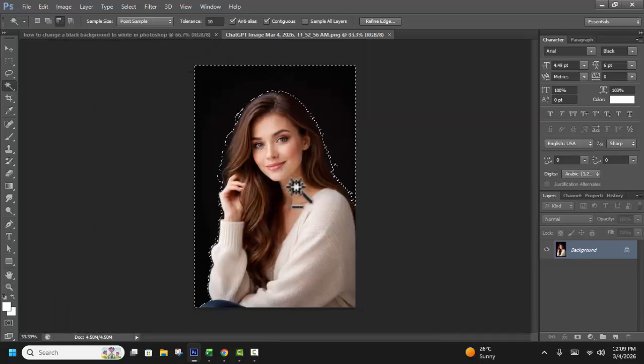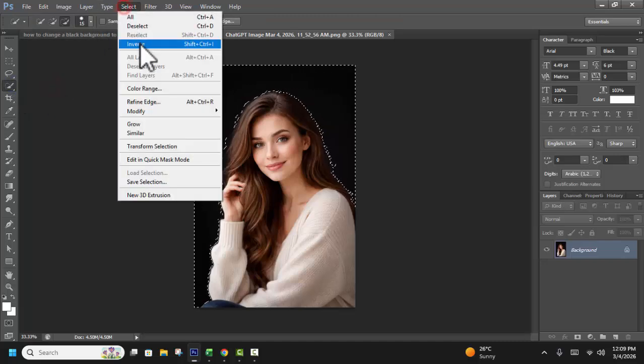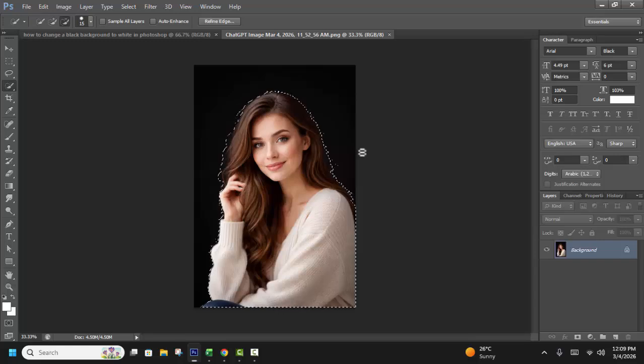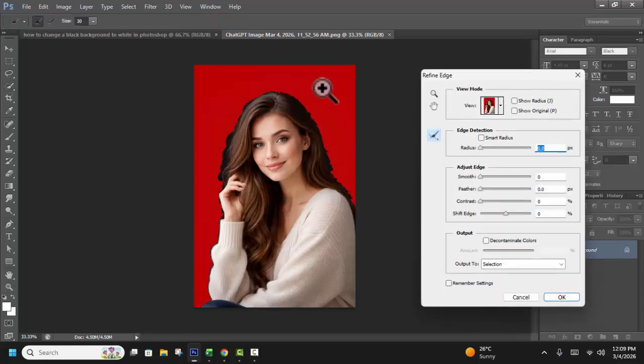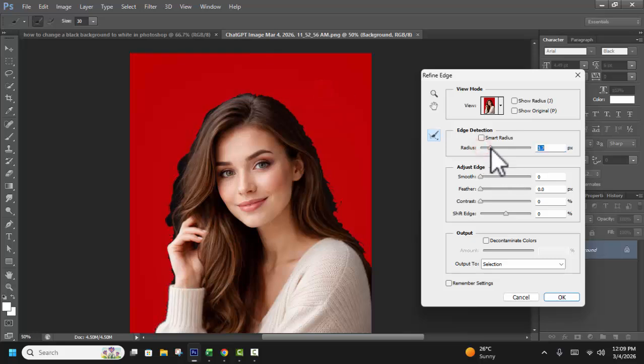Then secondly, use the quick selection tool, and select inverse selection. Again, refine it: radius, smooth, draw smoothly,